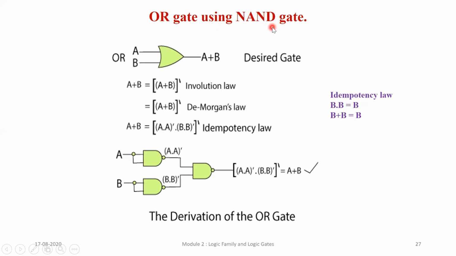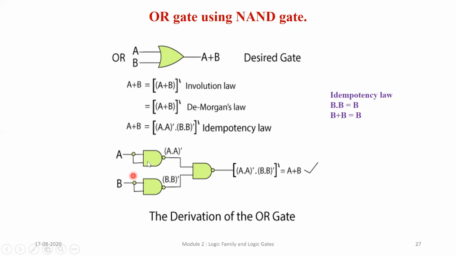NAND and AND had a direct relation: invert the AND and you get NAND. So that operation was simple. Now when you use an OR gate, which gives me the sum, remember that the gate is OR and the IC is NAND, so the number of ICs required will be more. So the first step is that I am inverting the individual inputs.